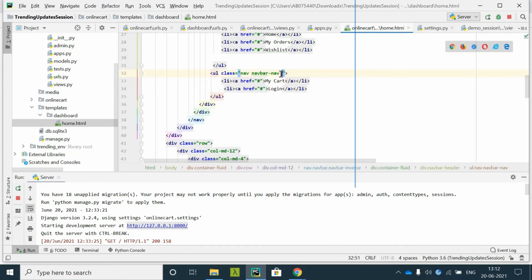So what you can do is simply use the navbar right class so that it will pull the things to the right side.